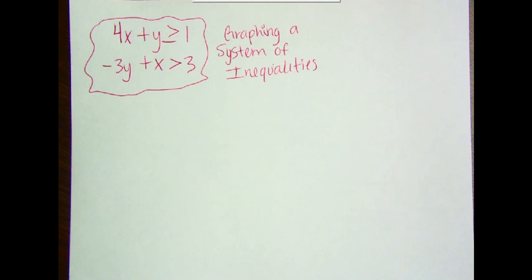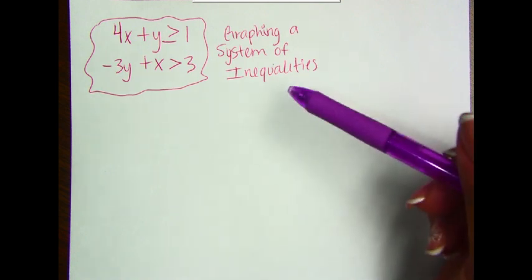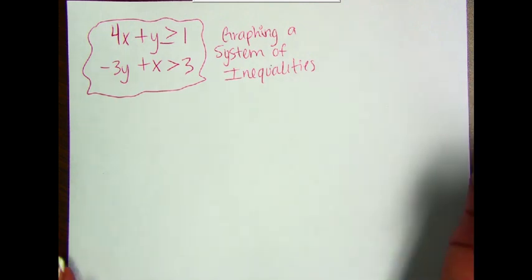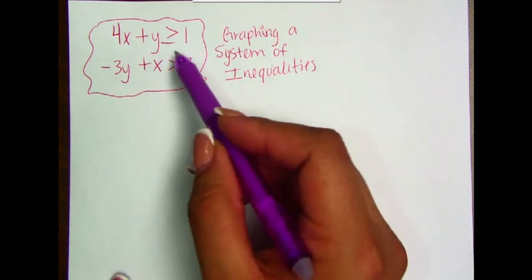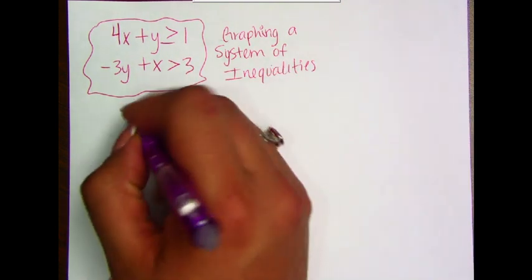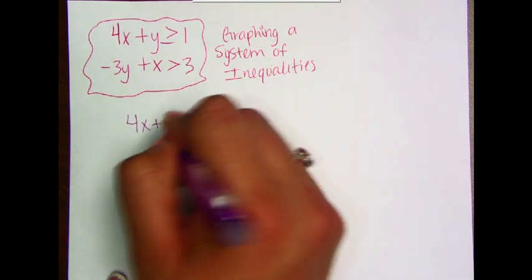Hey students, in this video I'm going to explain how to graph a system of linear inequalities. Okay, so first, to graph a linear inequality you need to turn these equations from standard form into slope-intercept form. So first I'm going to write the first one,